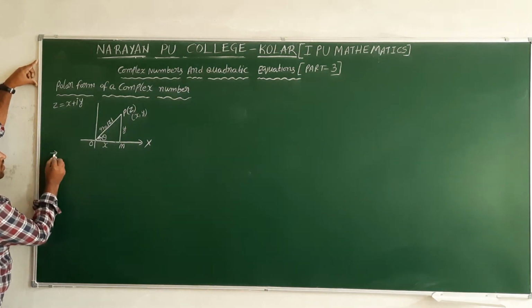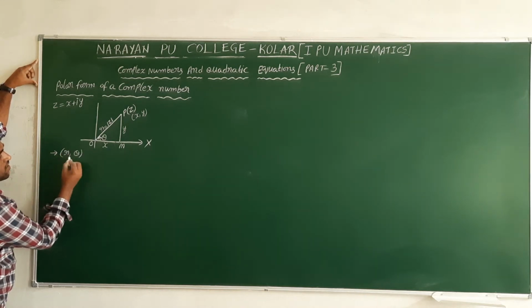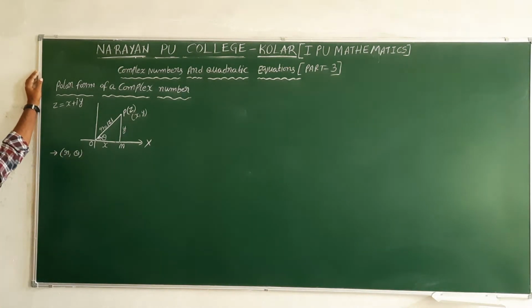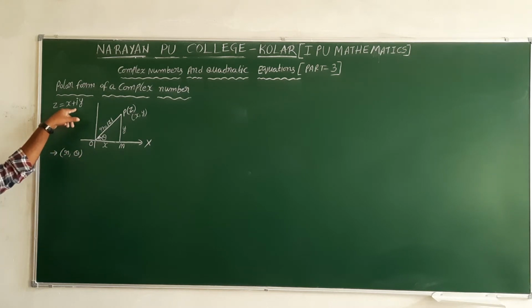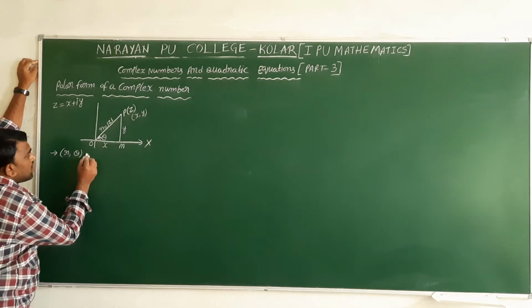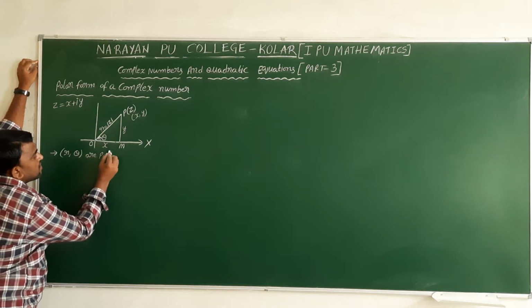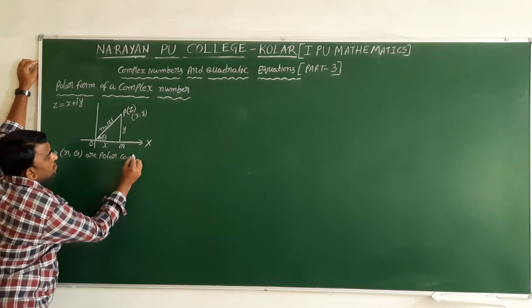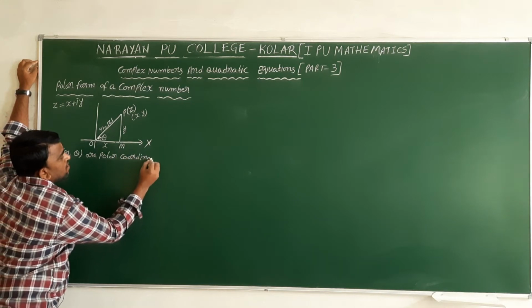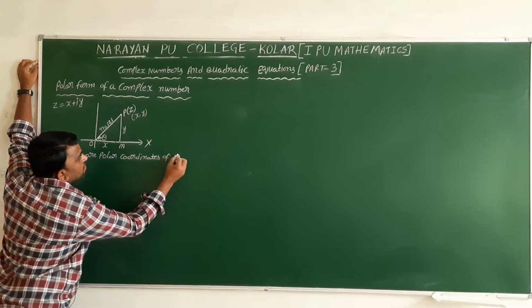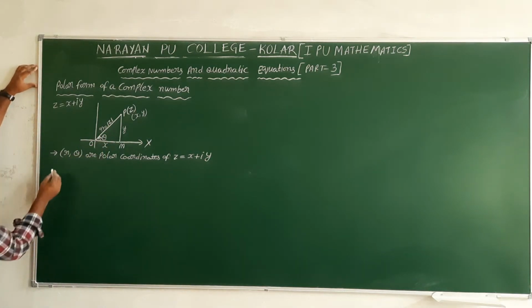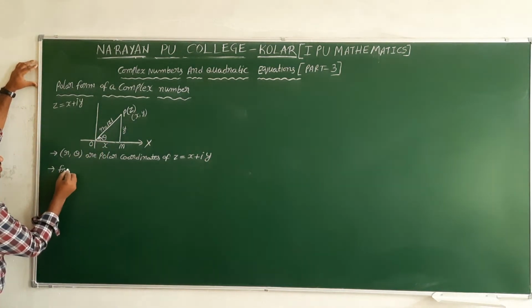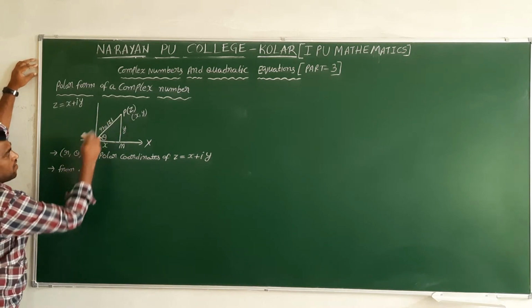So here, r comma theta, instead of x comma y, are the polar coordinates of the complex number z equal to x plus iy. So z equals x plus iy. From triangle OPM,